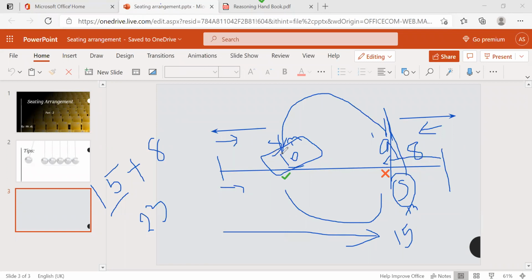Is it clear for everyone? Interchanging from here to here, then it becomes 15. 15 members is there up to here, and previously right side it's 8 members, totally 23 members is there. Okay, thanks for watching today's class, and we'll continue this seating arrangement in next class also. Okay, we'll solve much medium level